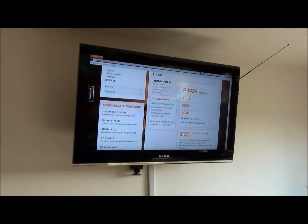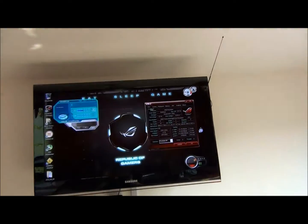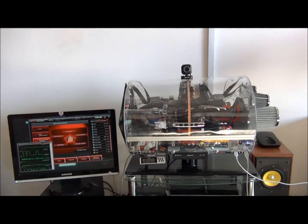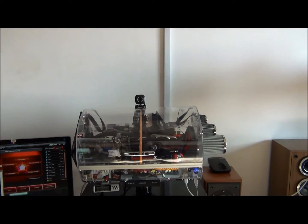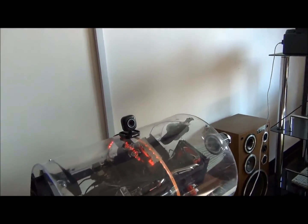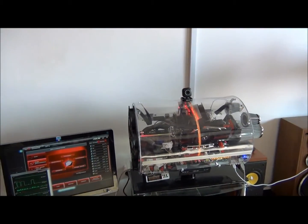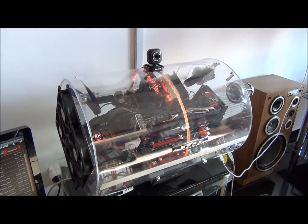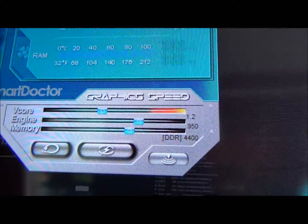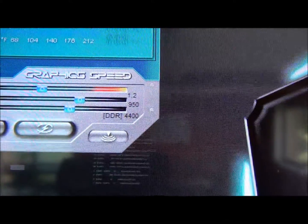So that was kind of all. I wanted to show you how this works. If I put back on high performance, you'll see the light glowing again, and the light is controlled also by the motherboard. When the fans are running very powerful, the light will be at maximum, and vice versa. So I wanted to show you the clocking on the graphics card. So it's 950, and